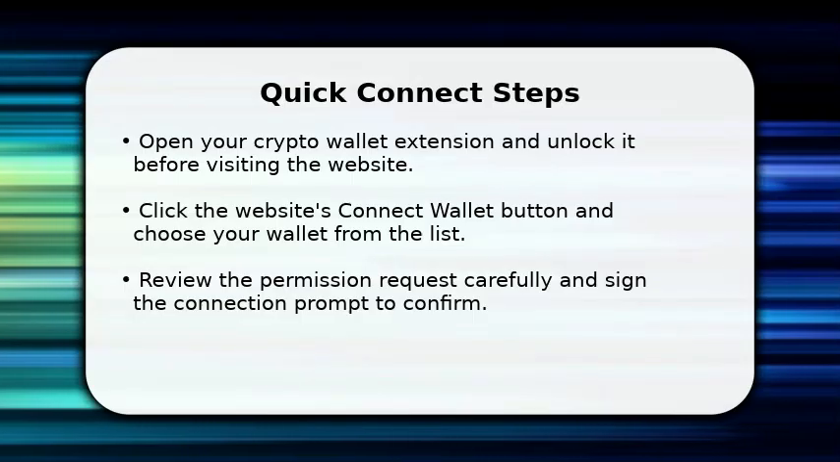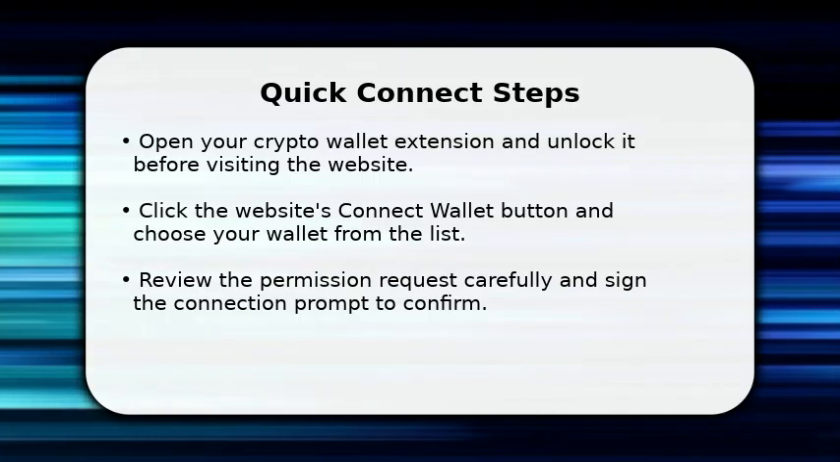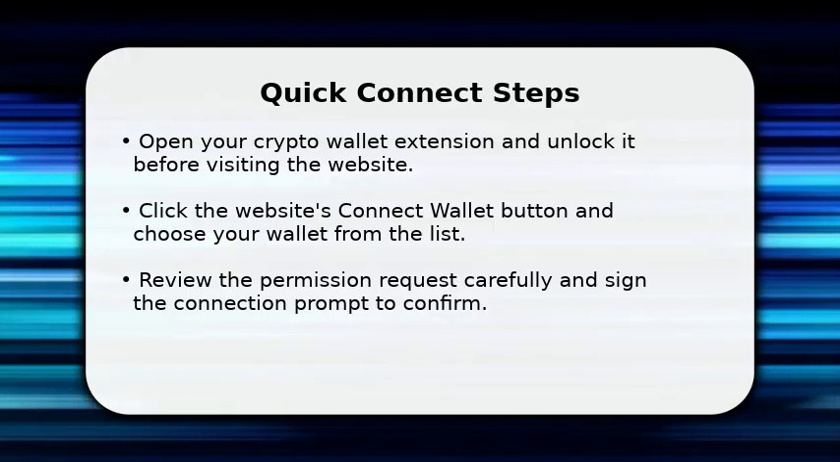In this video, I will explain how to connect a crypto wallet to a website, step by step. Open your wallet extension and unlock it, then visit the site and click Connect Wallet. Choose your wallet from the pop-up list, review requested permissions, and approve only what you trust. Finally, sign the required message to complete the handshake and confirm the connection in both the site and wallet interfaces